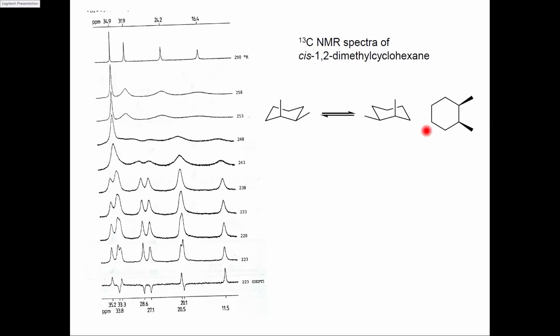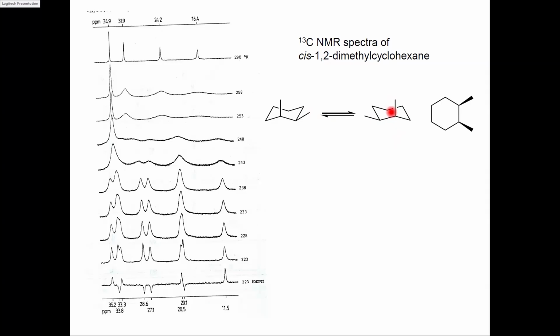NMR will see this as a transition state between these two structures. So if you take this structure alone, at low temperature when the interconversion is very slow,